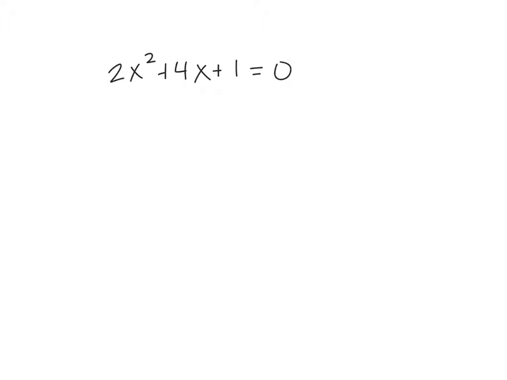So when I take a look at this problem, I see that it's in standard form. I see that we have both an a term and a b term. So we have both an x squared and an x, which tells me that we're only going to be able to solve this by factoring, or if that doesn't work, then using the quadratic formula. And I always want to start out by seeing if we can factor. So I'm going to draw my area method